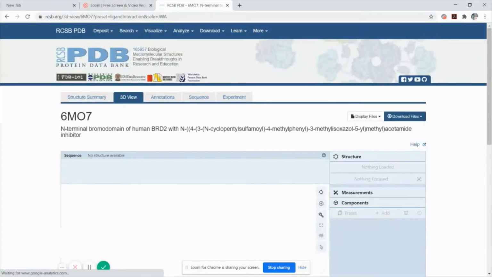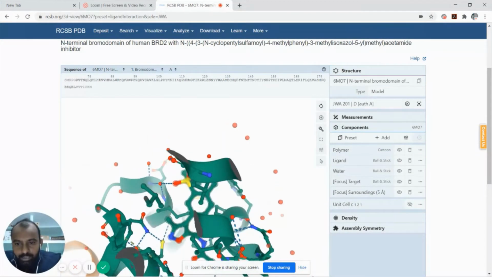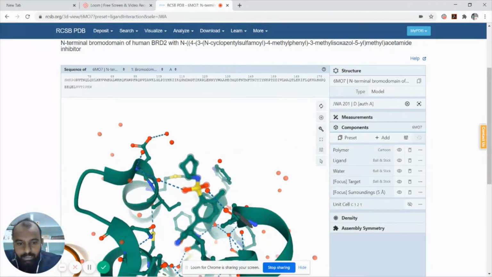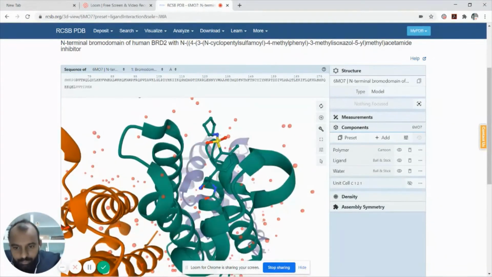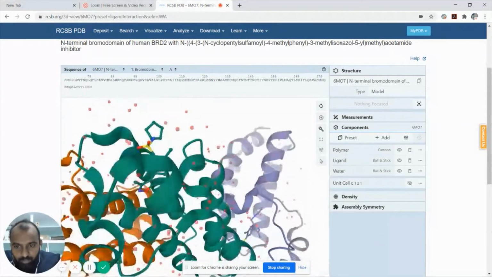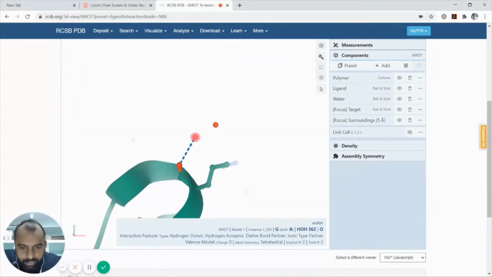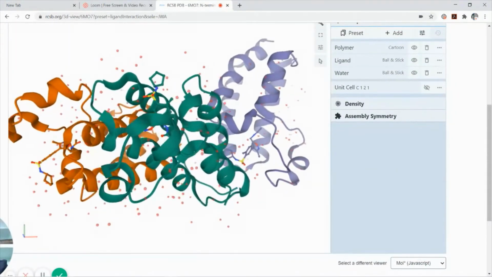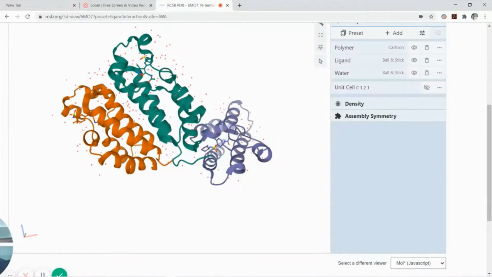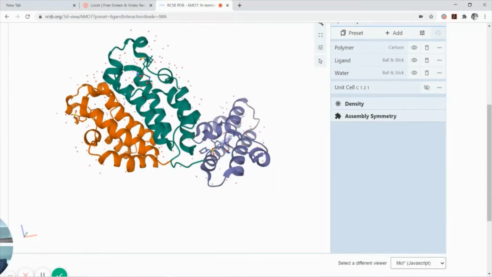Now this is my active site. I'll simply click on this red dot. What information am I getting? You see, HOH 362. So let me click on any water molecule; the information is displayed on your screen.